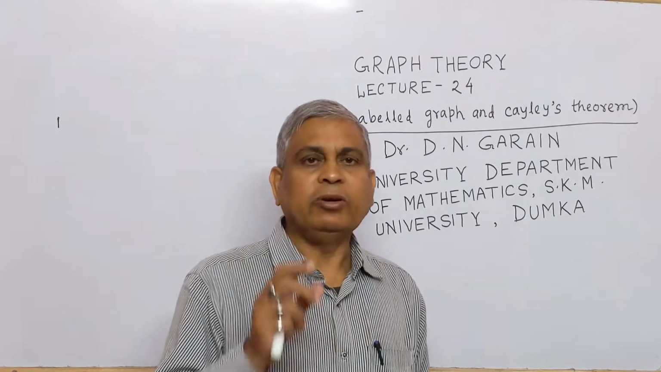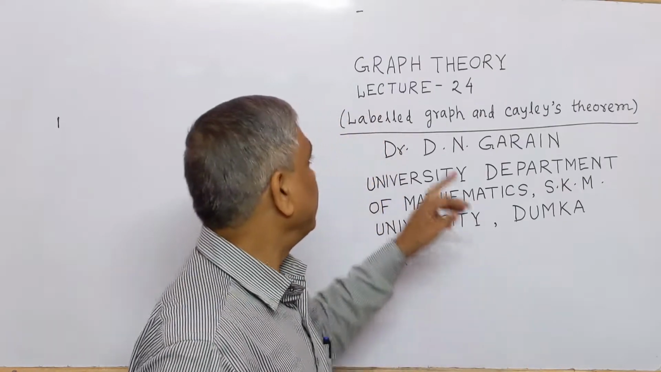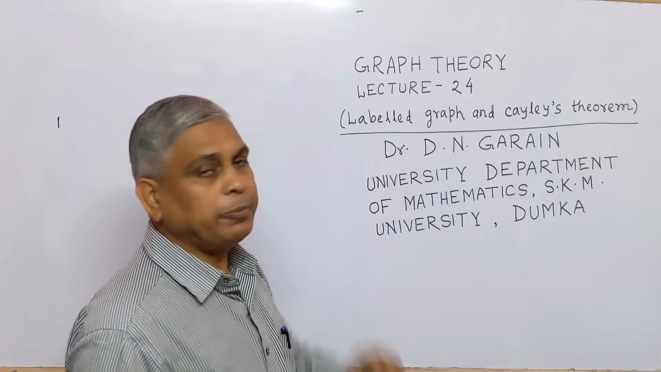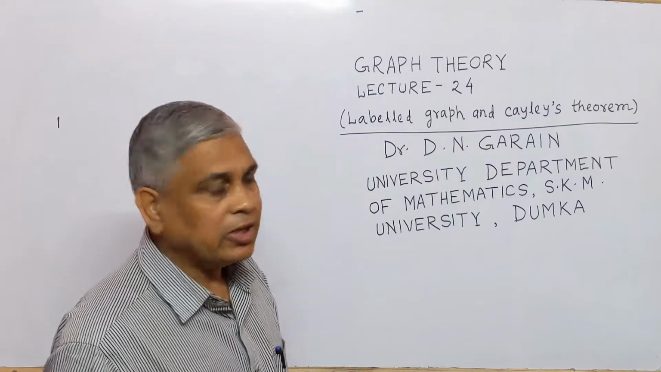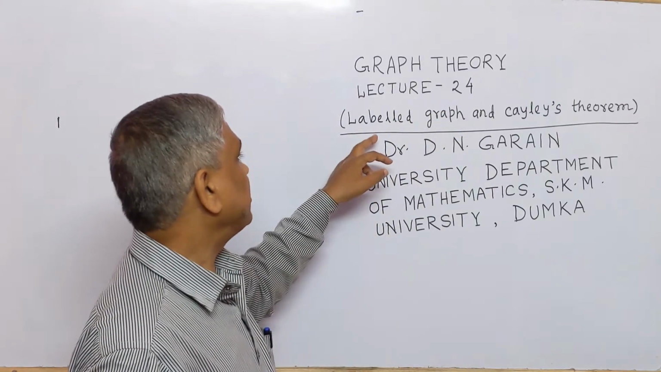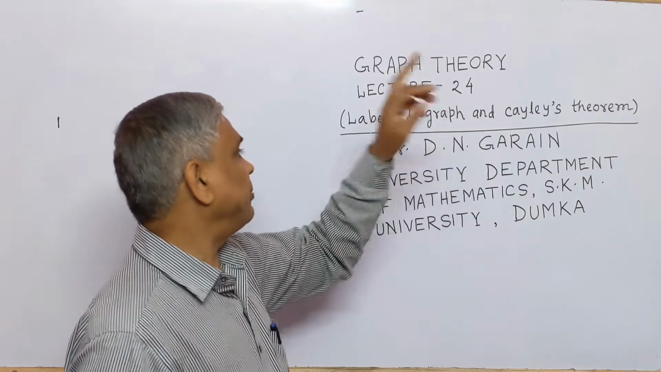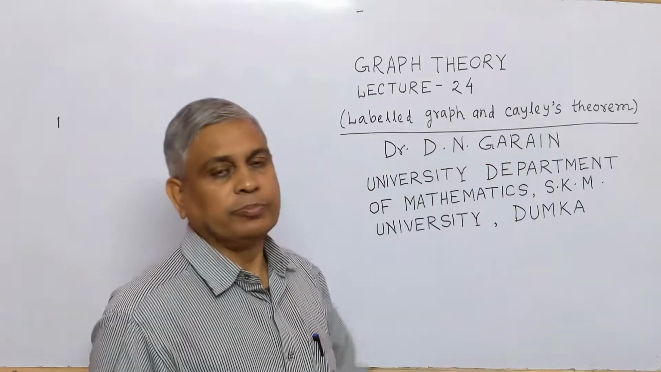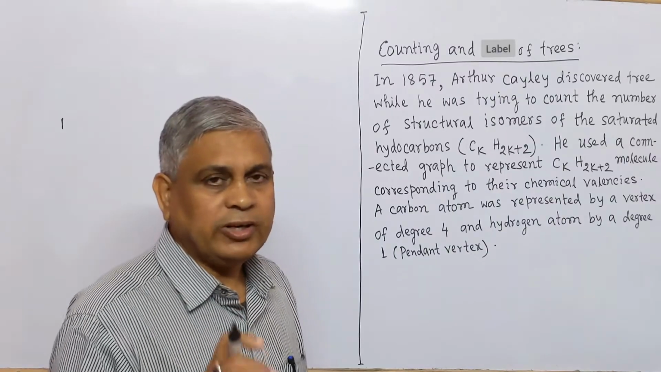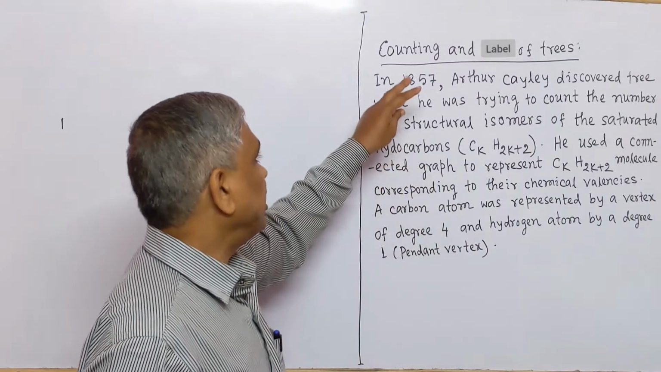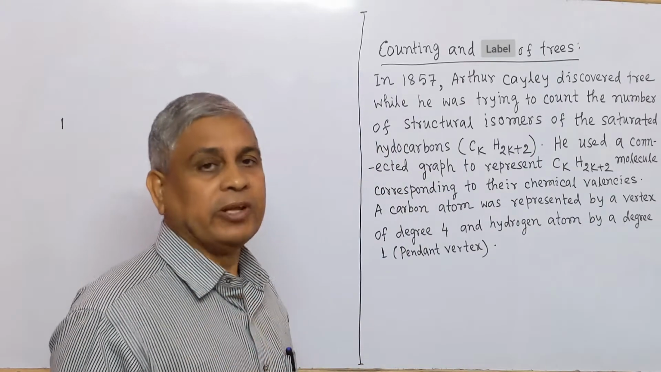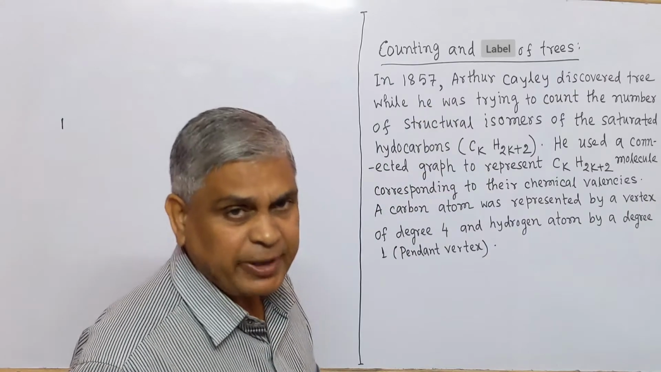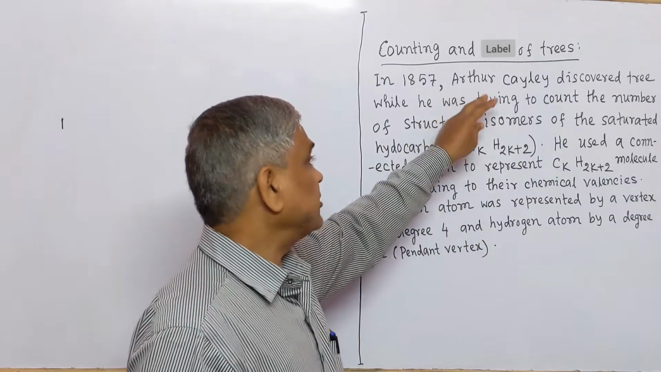Today, I will deliver lecture on graph theory, lecture number 24, in which I will give the concept of label graph and prove the Cayley's theorem. Now we will discuss about counting and label of trees. In 1857, Arthur Cayley